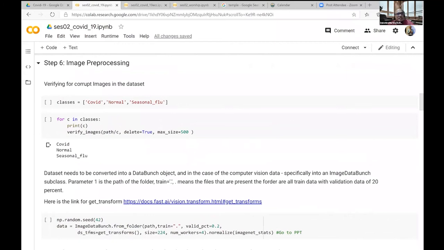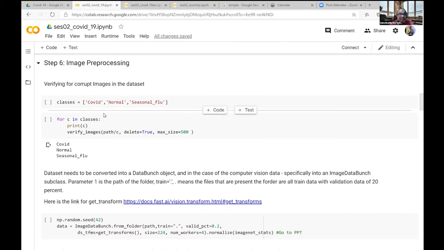As I mentioned, in any machine learning project, the first step you have to do is to clean the data. And I am beginning to clean the data here. First thing I am telling, hey, you know what? For this particular problem, there are 3 classes. So there are 3 types of X-rays. In machine learning, these types are called classes. So my goal is when I give a new X-ray, you have to tell me which class it belongs to.